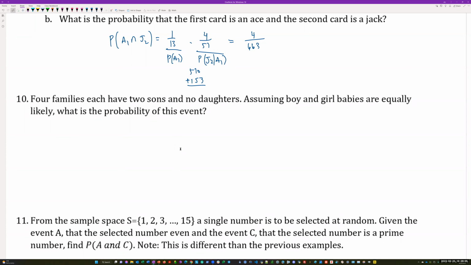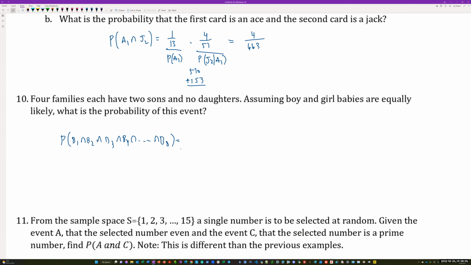So effectively, it's just saying that you get 8 babies and they're all boys. Does that make sense? So it's just 1/2 times 1/2 times 1/2 times 1/2 times 1/2 times 1/2, 8 times. Because that means you need to get a boy on the first one, and a boy on the second one, and a boy on the third one, and a boy on the fourth one, and a boy on the 8th